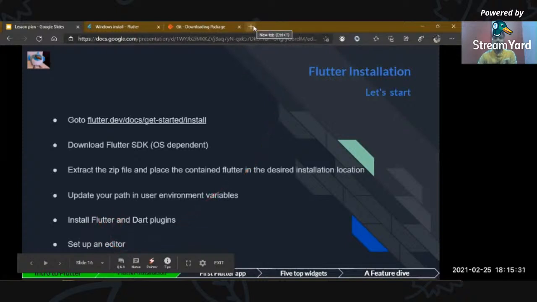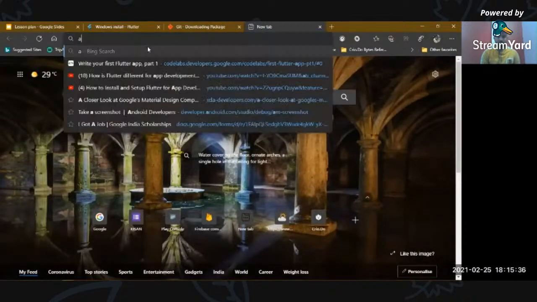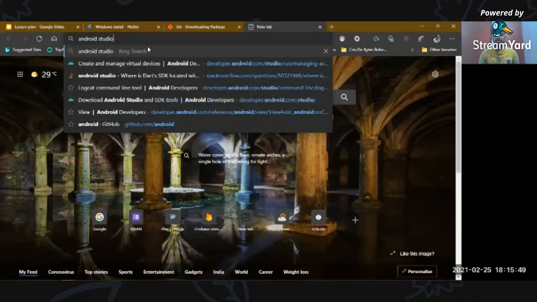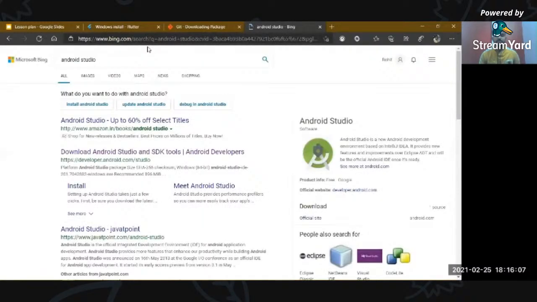First you have to install an editor. If you would like to work with Android Studio, it supports many IDEs. It supports Visual Studio, and it supports IntelliJ IDEA. So whichever is in your interest, you can install that IDE and proceed to the next installation steps: how to configure Flutter development, how to deploy, and how to get all the dependencies in that IDE. So let's install Android Studio first.